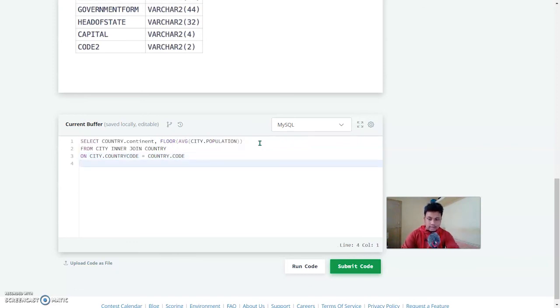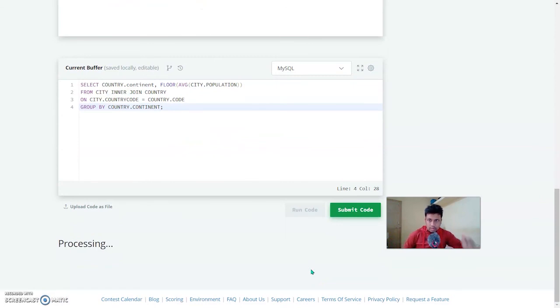That is it. Then again at last you have to group by, because it is asking continent wise how much is the average, so you have to group it. So for grouping we use group by country dot continent, end it with a semicolon, and let's just run this.